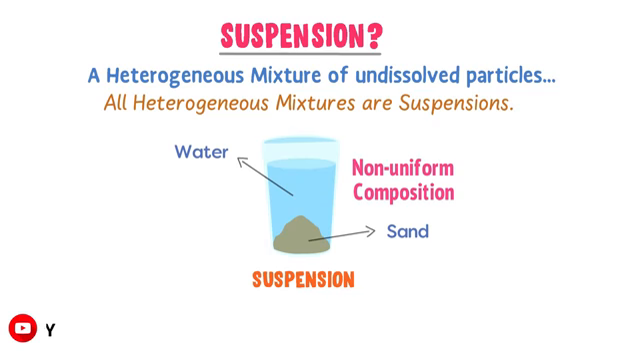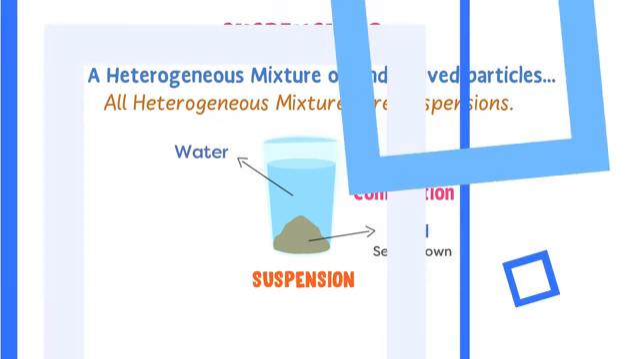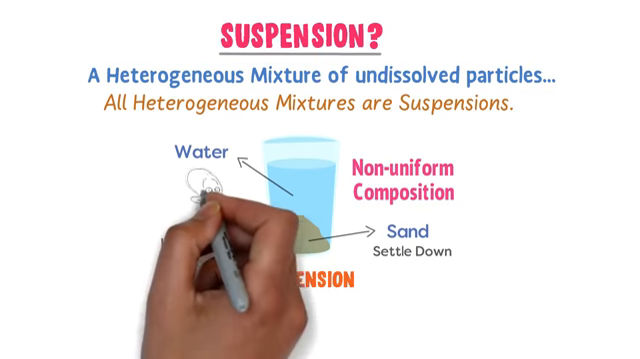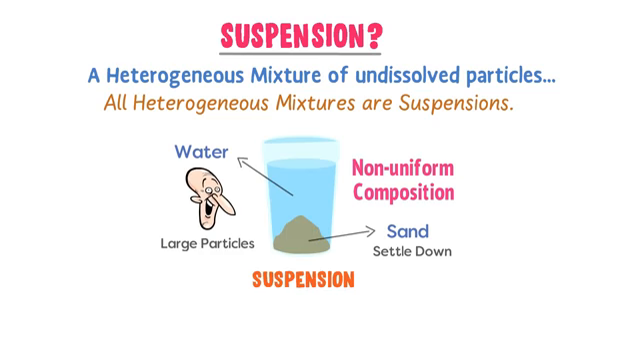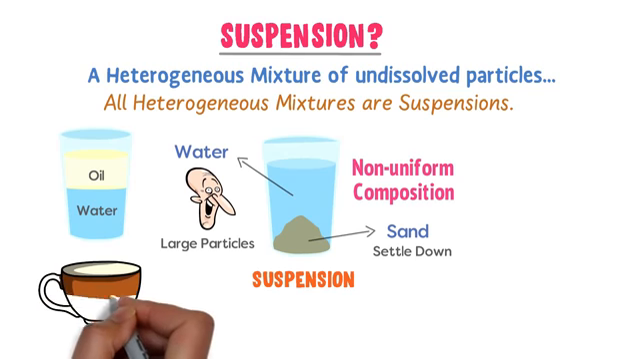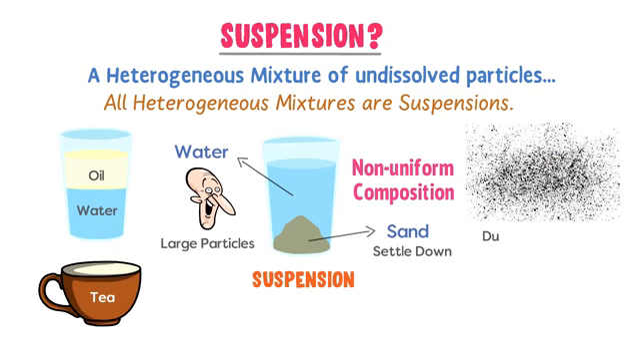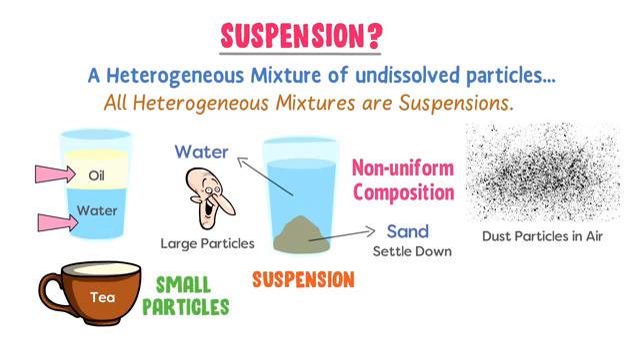Because if we leave sand plus water for some time, sand settles down at the bottom and a clear layer of water appears at the top. We can spot large particles of sand and water with the naked eye in it. So it is a heterogeneous mixture or suspension. Some other examples of suspension are oil plus water, tea, and dust particles in air. In oil plus water, we can spot the layer of oil and the layer of water. In tea, we can spot small particles of tea and a column of liquid,